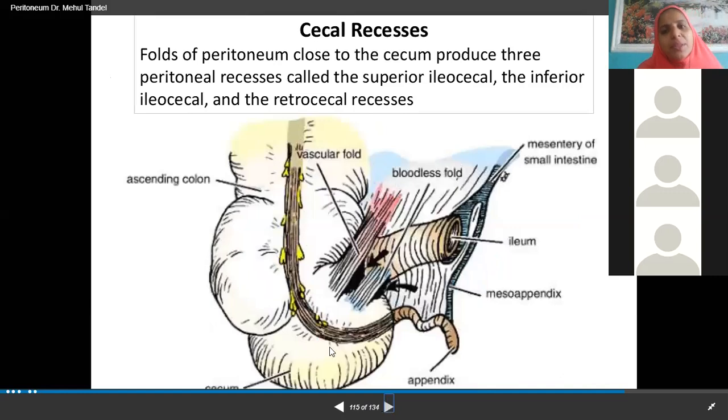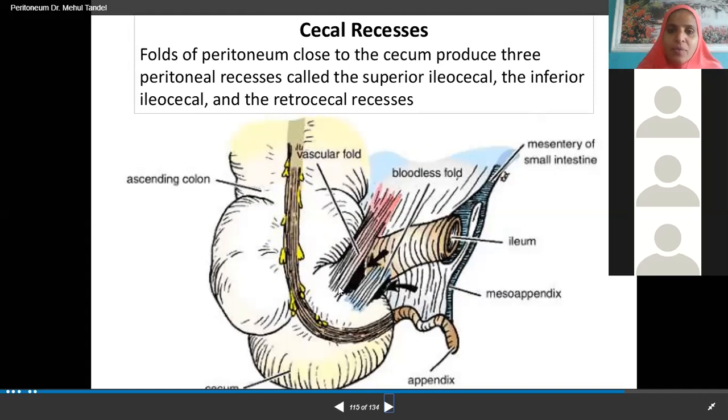Okay. Similarly, around the cecum. Cecum is the first part of large intestine, we told, isn't it? From the cecum, we have this blind pouch which is called appendix. Okay. Now we know the ileum is opening into the cecum. That is the ileocecal junction. Okay. So here also we have certain vascular folds. Mesentery, the attached margin of mesentery, I told you it is going up to the right sacroiliac joint. That is the extension of mesentery here.